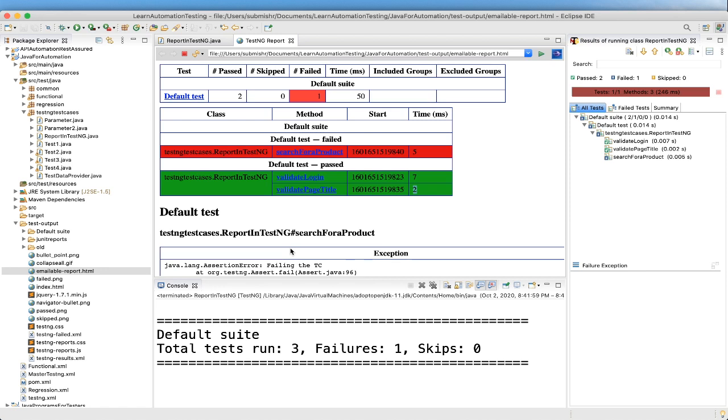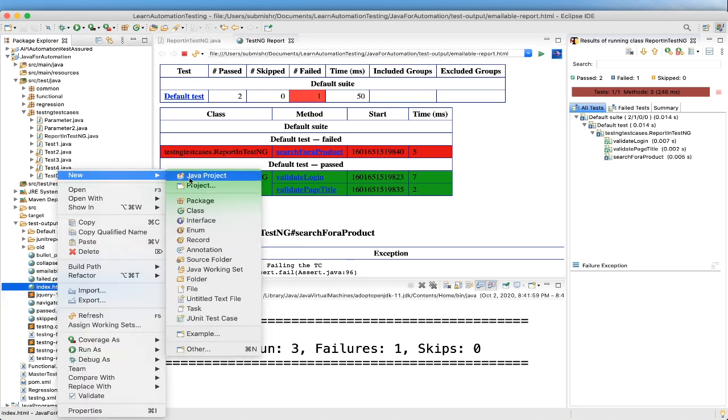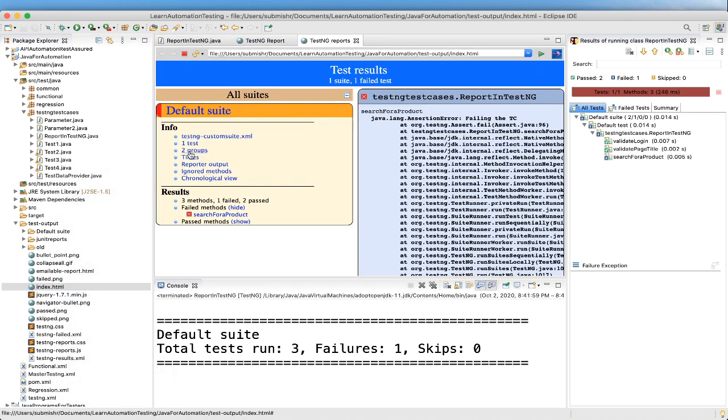Your automation report. And one more thing is we have an index.html. So again let's open it. Open with web browser. Your emailable reports are a type of summary report that one can transport to other people in the team through any medium like email. But this index report contains the index-like structure of different parts of the report such as failed test, test file, passed test, etc.